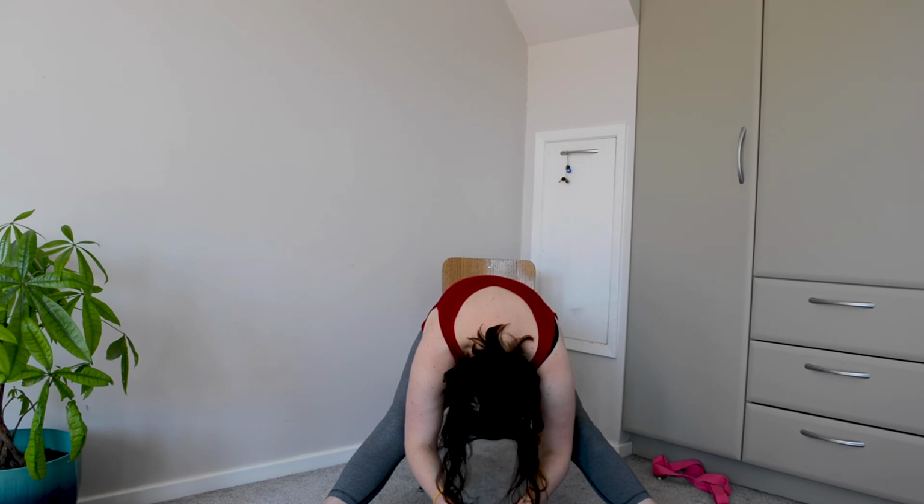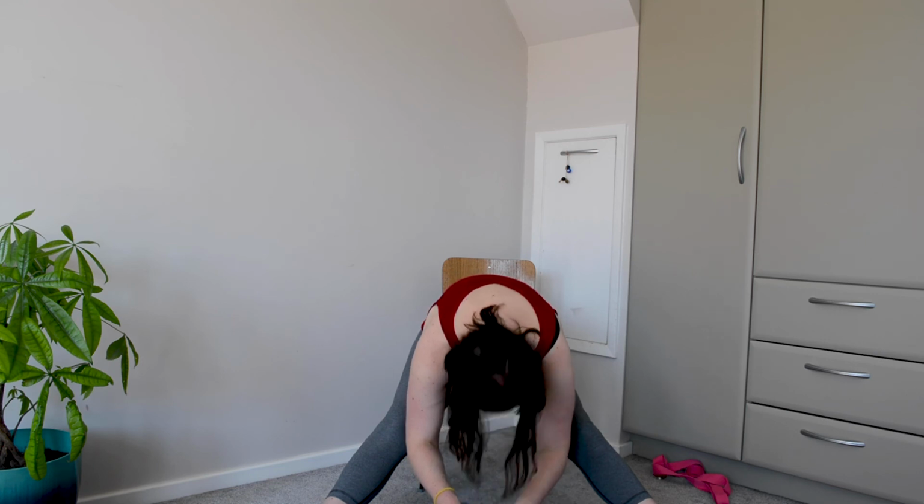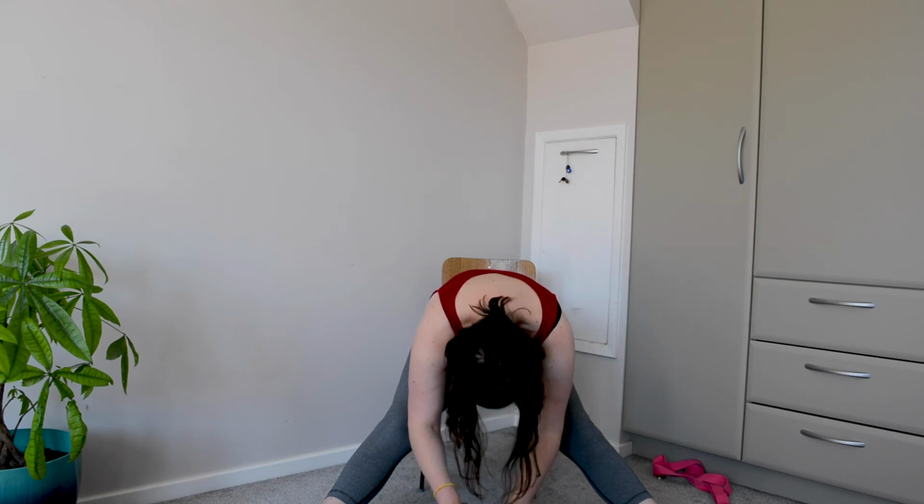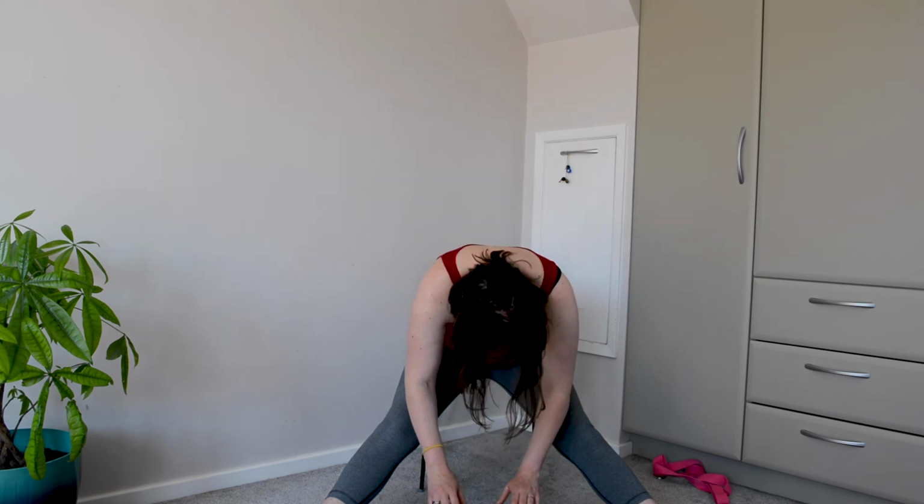And I can allow my head to dangle down. So remember, you can take the previous option of being in the back of the chair with the legs supported and you fold forward as much as feels comfortable. That is a little easier on the balancing. A little bit more intense stretch, you come to the front of the chair and you have your feet to the floor and you fold forward. A lovely inversion here,